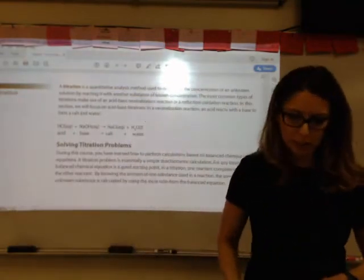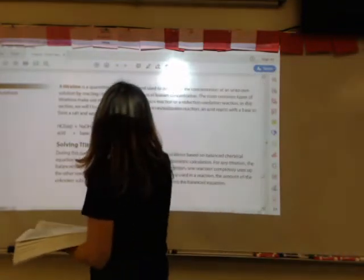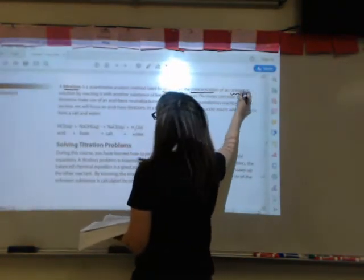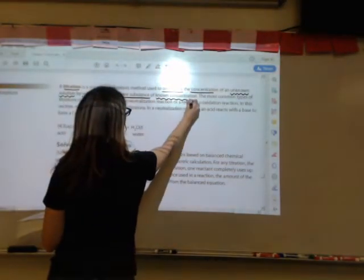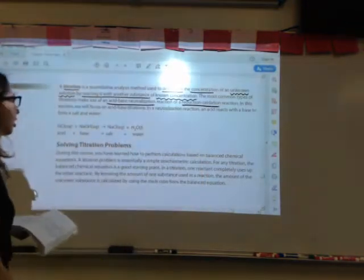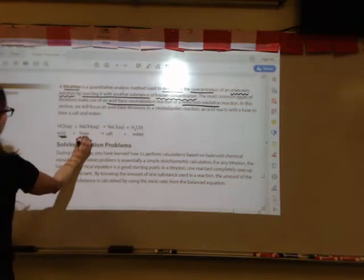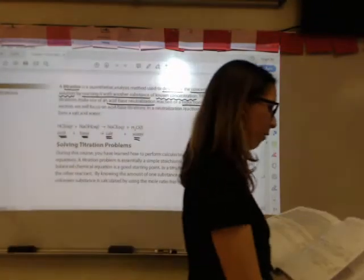So a titration is a method that's used to determine the concentration of an unknown solution by reacting it with another substance of known concentration. The most common types of titrations are acid-base neutralization reactions and redox oxidation reactions. And in this section, we're going to focus on acid-base titrations. And when you have a neutralization reaction, you know that an acid combines with a base to produce a salt and water. And if we take a look at the next page,